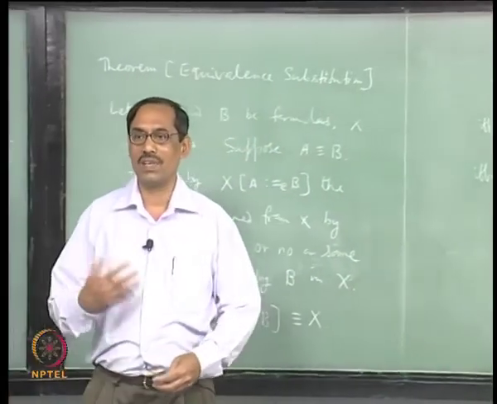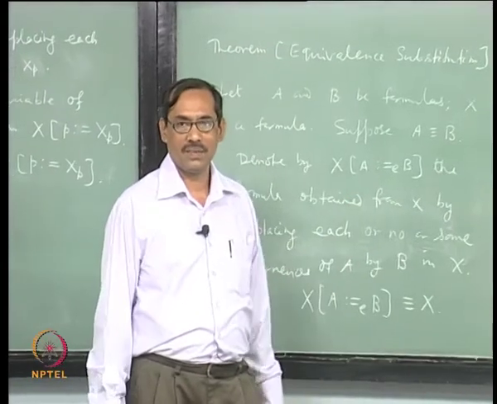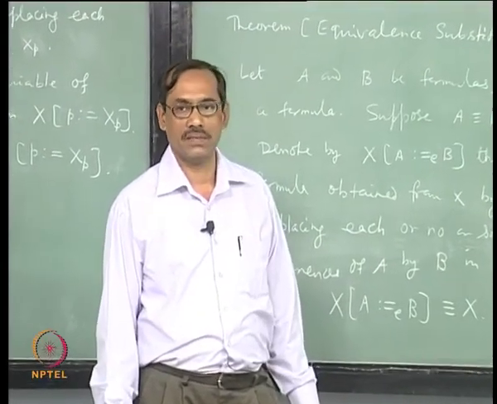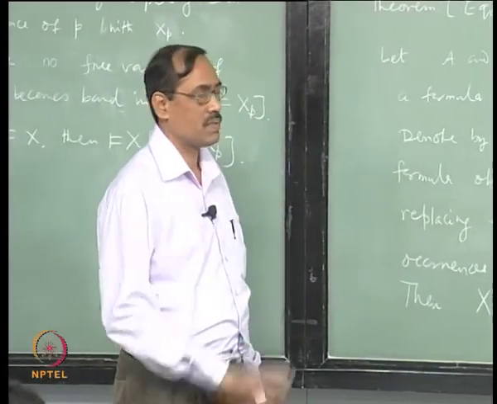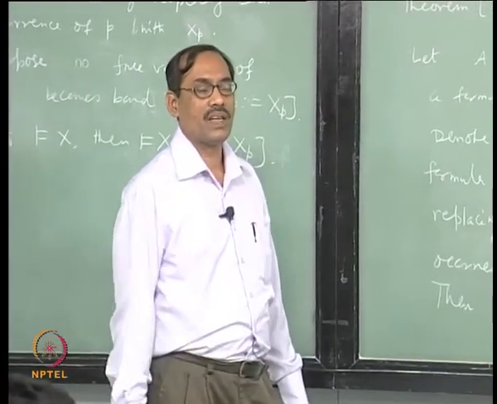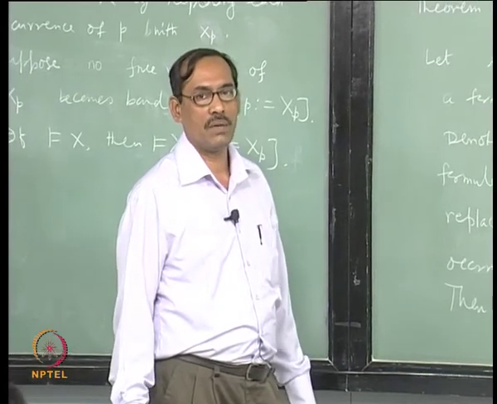So proving or formulating another lemma is not required here because of the condition of equivalence. Is it clear? So these are the three substitution theorems which we will be using